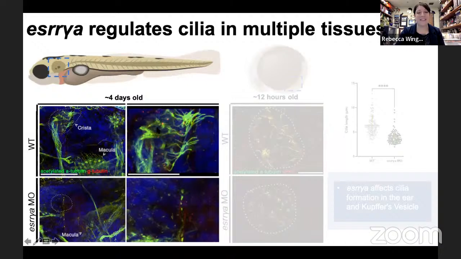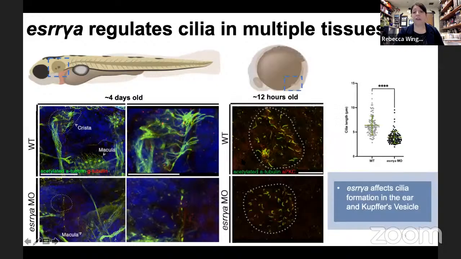You can see a zoomed in picture here on the right. In the animals with the knockdown, there was really a dramatic absence of cilia within the otic vesicle. And in addition, at younger stages, so here is that 12-hour-old embryo again with that Kupfer's vesicle that I alluded